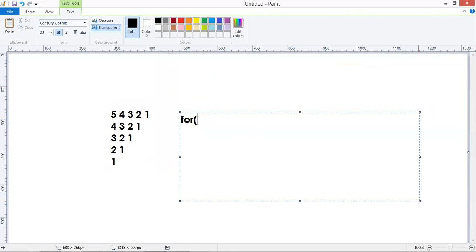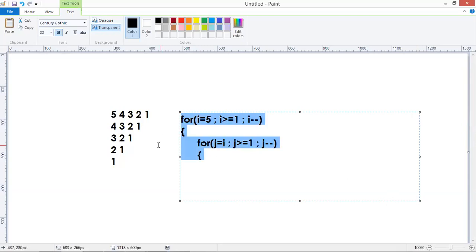Yes, the outer loop I value starts with 5 to 1. 5 to 1 means what? It is decreasing order, right? It's decreasing order. Inner loop J value starts with first 5, next 4, 3, 2, 1, changing. So every time it is ending with 1. So decreasing order, J minus minus.